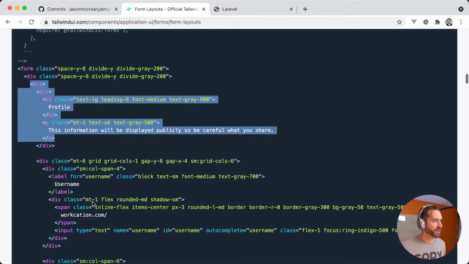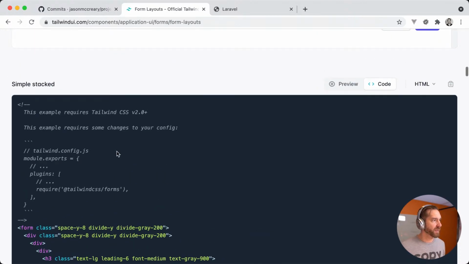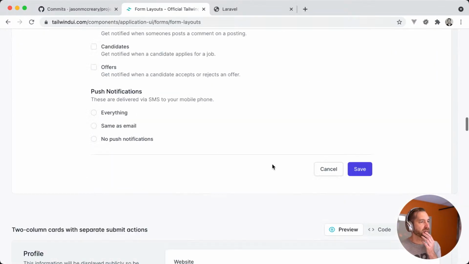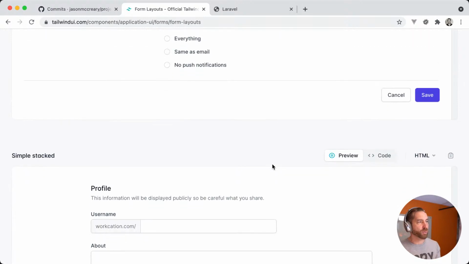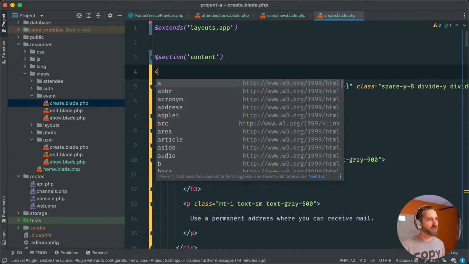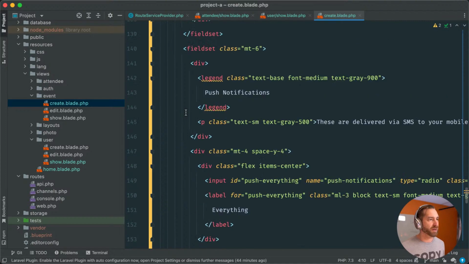Profile's just its own div. It really didn't have any fanciness on it. I've noticed this sometimes with these. They don't always look exactly the same because there's some assumptions that you kind of put this within something that's smaller, like a container that's smaller. So let's just make this a section real quick of the page